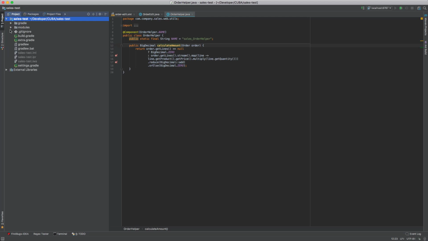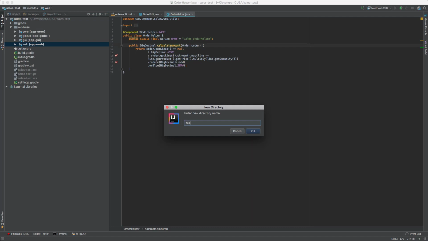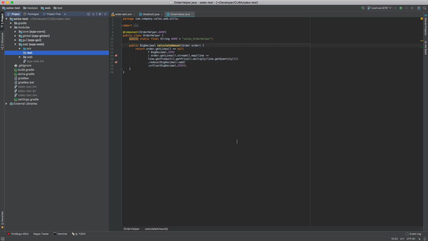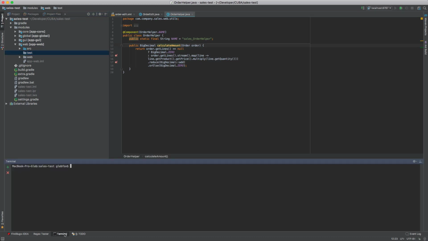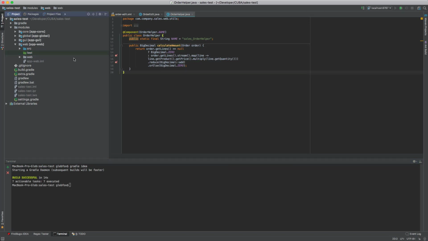Expand the web module. Create a new directory with the name test. Click OK. Now we need to execute the IDEA Gradle task. Now we see that this directory is defined as a test root.